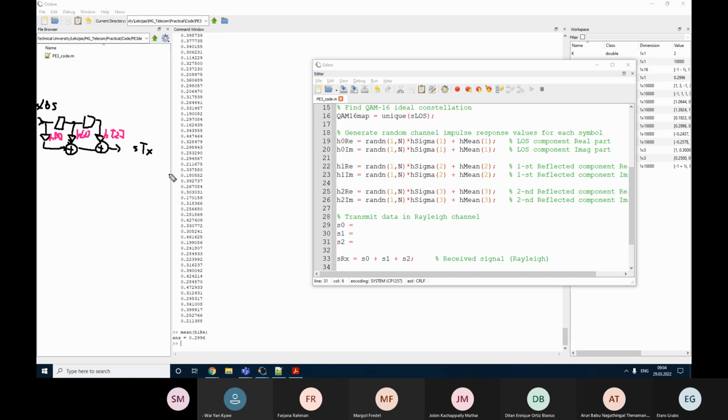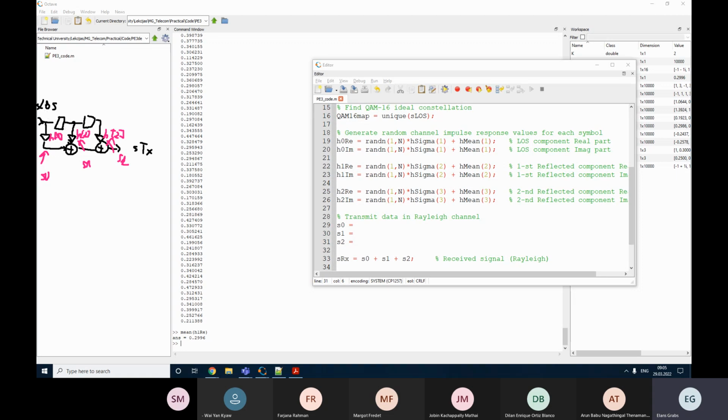Then here, after this first multiplier, we are going to have our signal S0. After this second multiplier, we are going to have S1, and after this third, we are going to have S2. So if we add them together, we get our transmitted signal STX. So how do we do this filtering? The filtering is done by